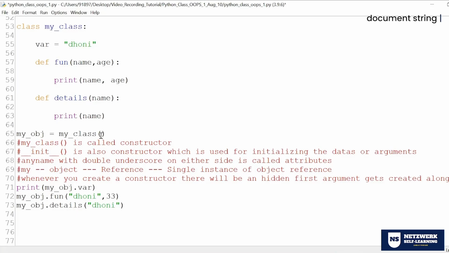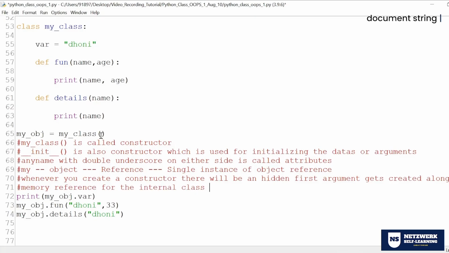What is that argument? That is nothing but a memory reference for the internal class. See this at line number 65. What is my object? My object is an instance of memory that is used for calling from outside the class. So whenever you create a constructor, there is one hidden argument. Look at this.